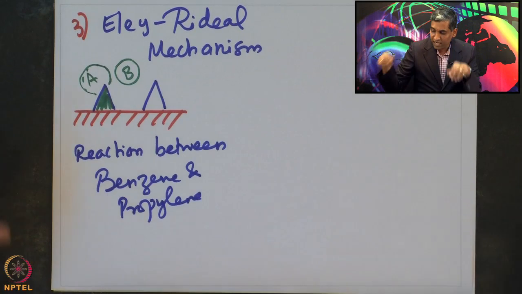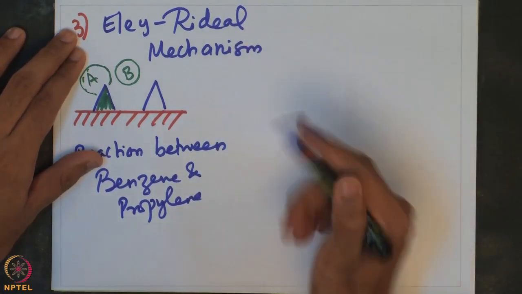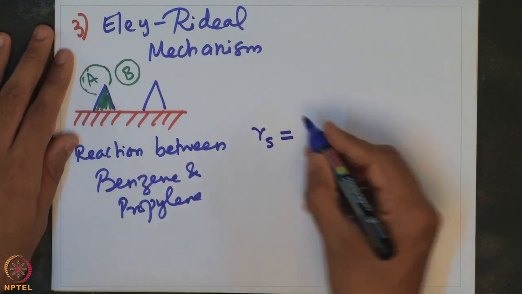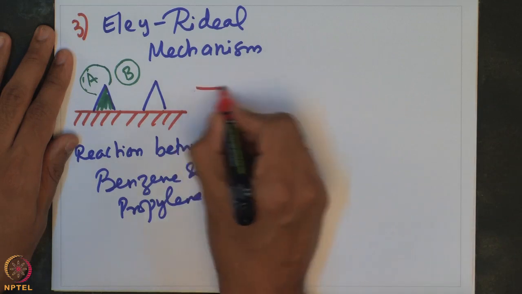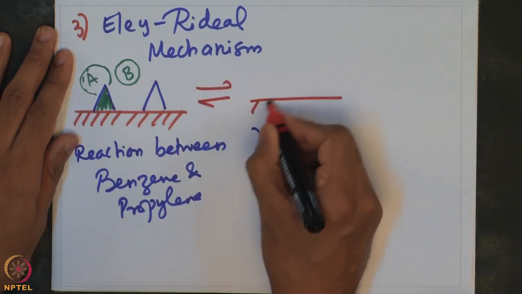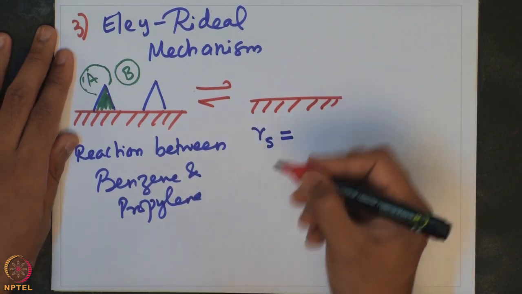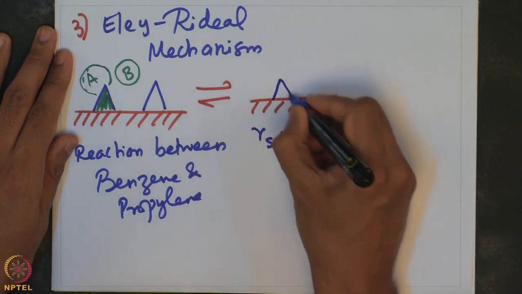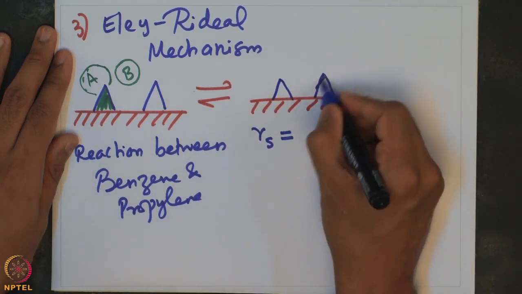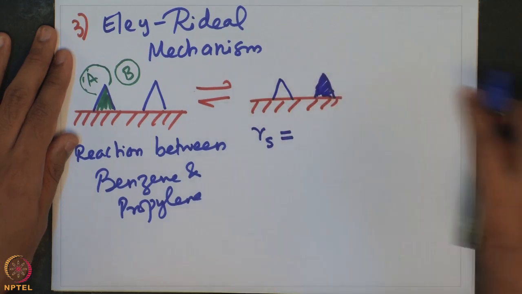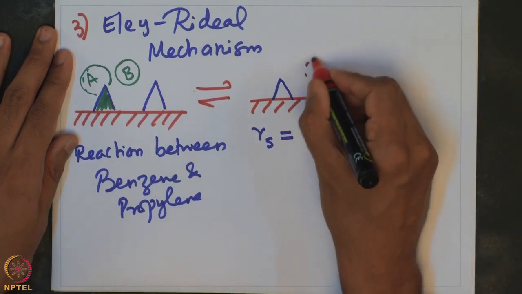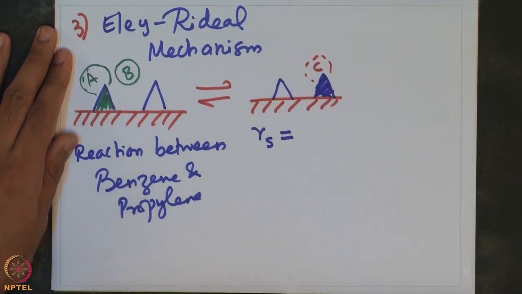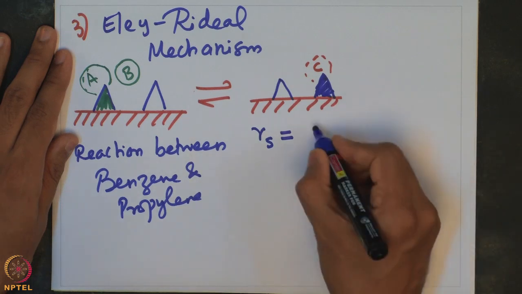So, it is a different mechanism, and let us try to see how to write the rate expression for this particular case. So, Rs will be equal to, but before that let us try to depict the reversible reaction here in the cartoon. Here is the surface and you have empty sites, and after the reaction happens, species C is actually bound to this particular active site, and let us say that it leaves one empty site after the reaction happens, and the rate can now be written as Ks,